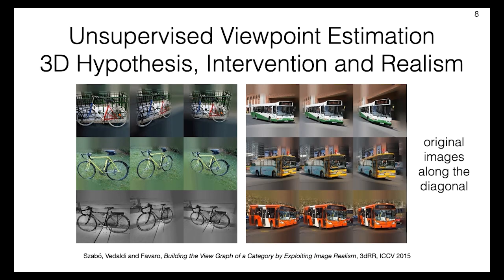The seed of that idea was actually created in 2015 with Attila Szabo and Andrea Vedaldi, where we aimed to perform unsupervised viewpoint estimation. The method required proposing a family of 3D objects, we use planes for simplicity, simulating a small rotation in different directions, and then assessing the realism of the rotated image by comparing it against a large dataset. A correct 3D shape hypothesis would lead to realistic deformations. In these two figures, the off-diagonal images show some realistic viewpoint changes of the diagonal images.